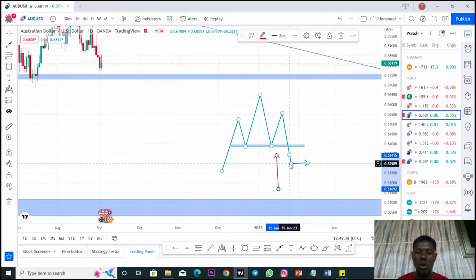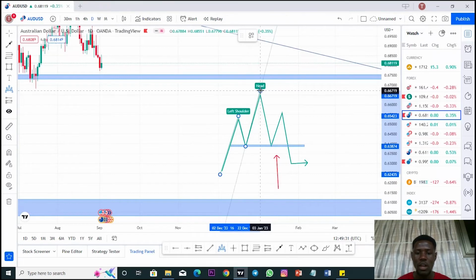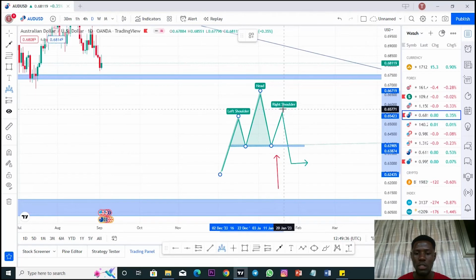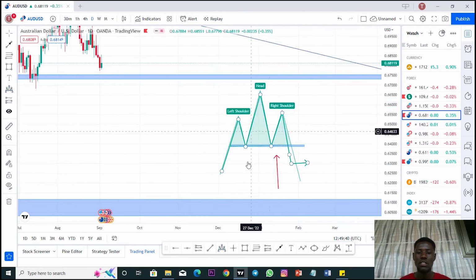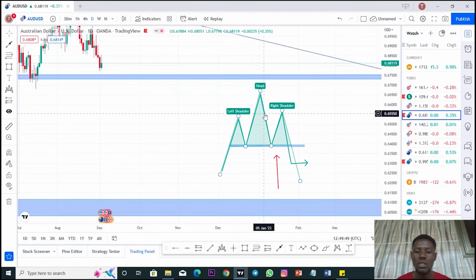This is how we can spot the head and shoulder pattern, and this is the tool we use for the head and shoulder pattern. You can see here is the left shoulder, price come back for a retest. Here is the head, price come back for a retest on the support, and here is the right shoulder, price now pushing all the way to the downside. So this is how the head and shoulder pattern looks like, and this is how I trade my head and